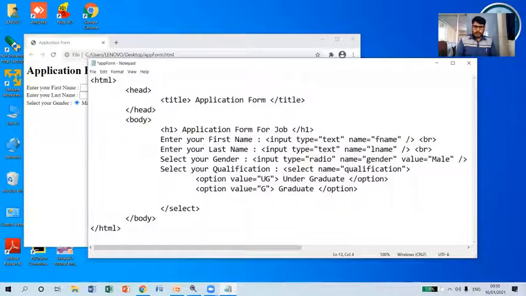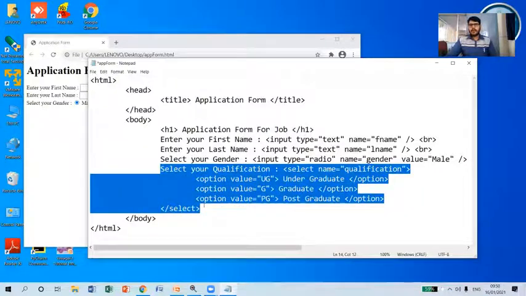Again, I want to include one more option for the user for accepting PG as a value, stating postgraduate. So this is the entire code I have written to accept the qualification value.